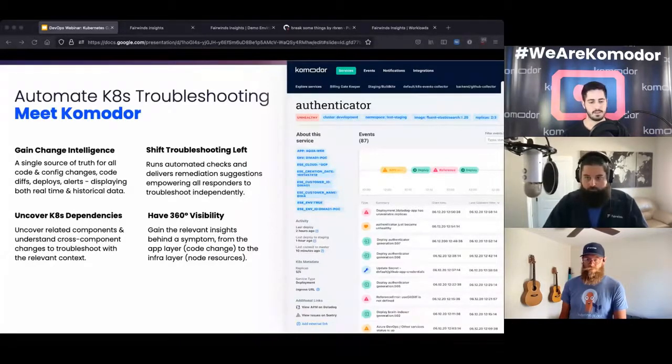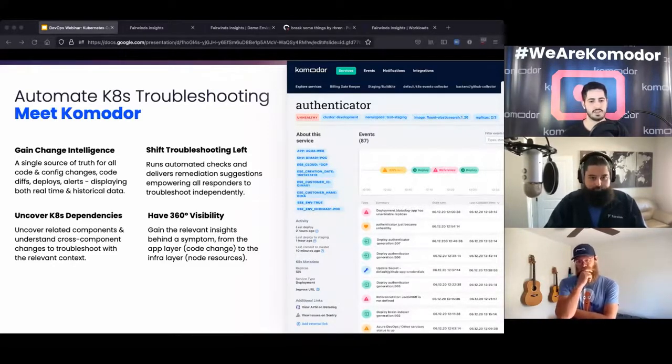The other thing is that looking at so many tools and trying to solve things using kubectl commands can be very complicated and very hard. So Komodor is pretty simple. We tell our customers to install Komodor agents on their clusters using Helm or Kustomize.